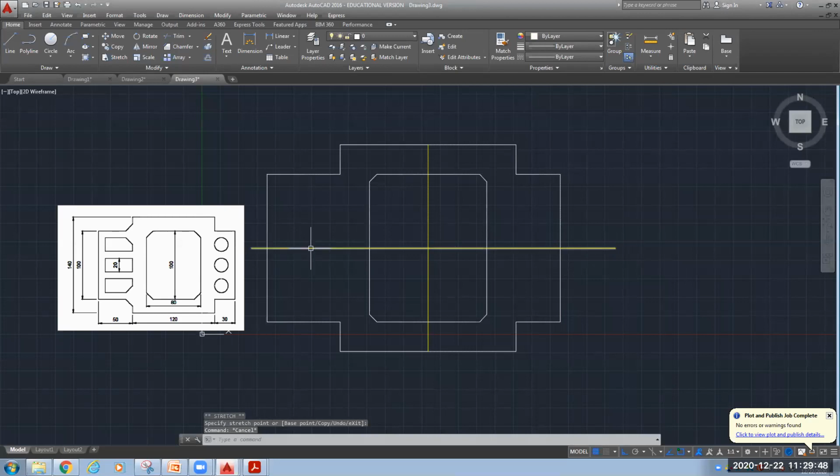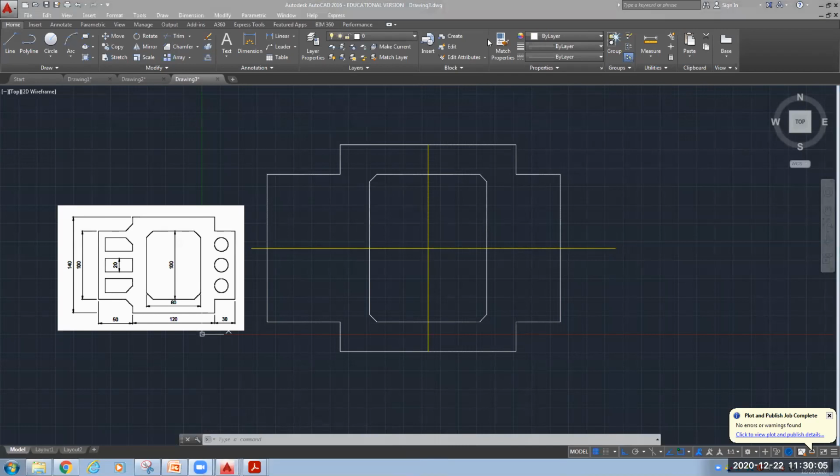Okay. Now we need 3 rectangles. Okay. So what we can make any one of them and then we will use your array command. Okay. So from this side, the distance is not mentioned. If you will see this distance, the red color I have shown here, it is not mentioned. So we will keep it 5. We will assume it. 20 is given. This length is also not given.